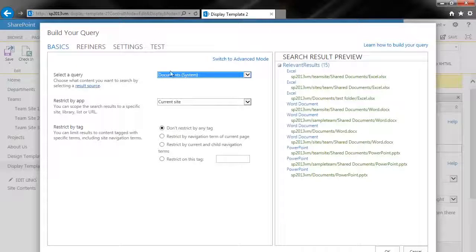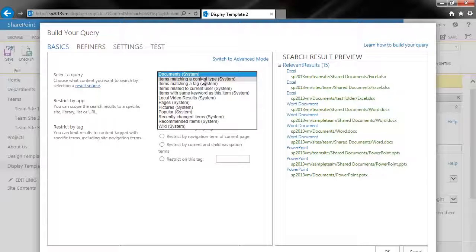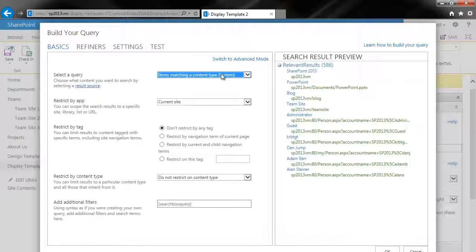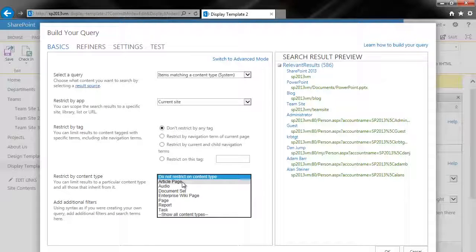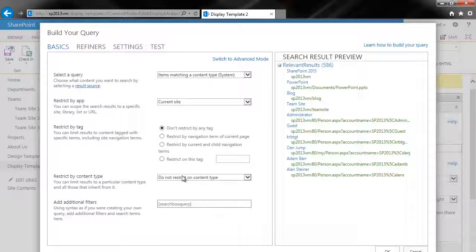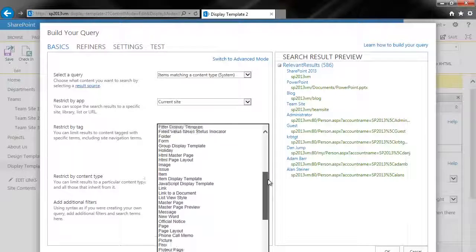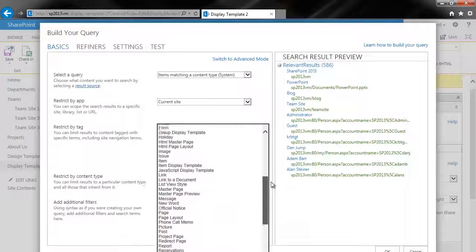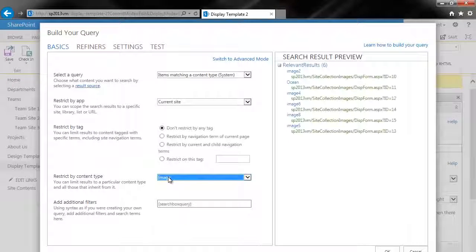So documents will give a result set for all documents. And what's nice is it'll actually give you a preview result set of what you've chosen. So the next one that's really powerful is a specific content type. So here it's saying don't restrict any content type. I can go in here and say just show me article pages. And then down at the bottom, it says show all content types. I have a whole list of all these content types that are available to me. So for example, if I just wanted to show image, these are all the different images that I can choose,